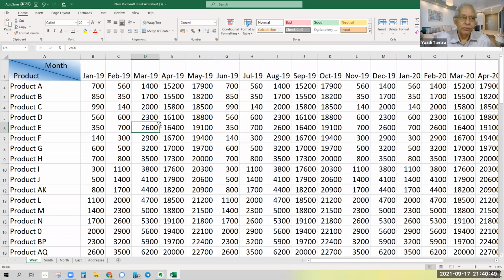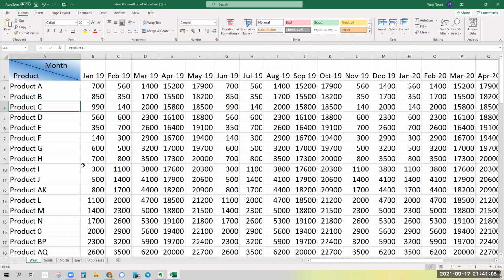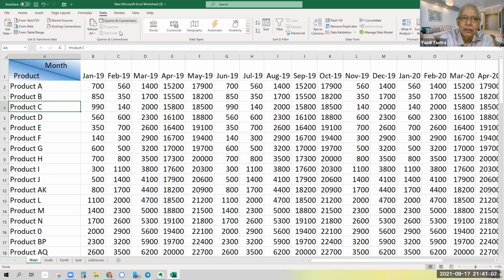Okay, now when we are coming to a particular table like this, again, as I said, we are looking at a contiguous table. Now, if we want to do filtering, what do we do? Go to data, select filter. Data, select filter. And then all these small, tiny arrows come and then you can do filtering, etc., etc. Correct? Yes.